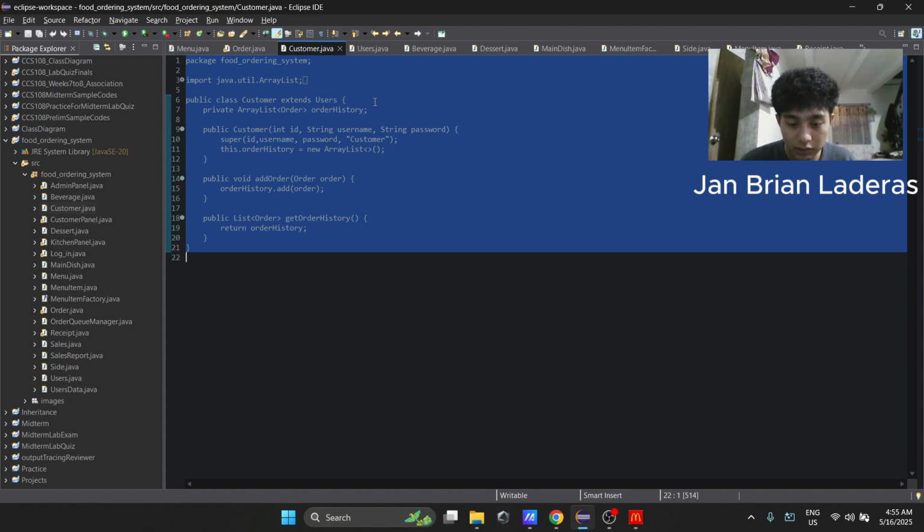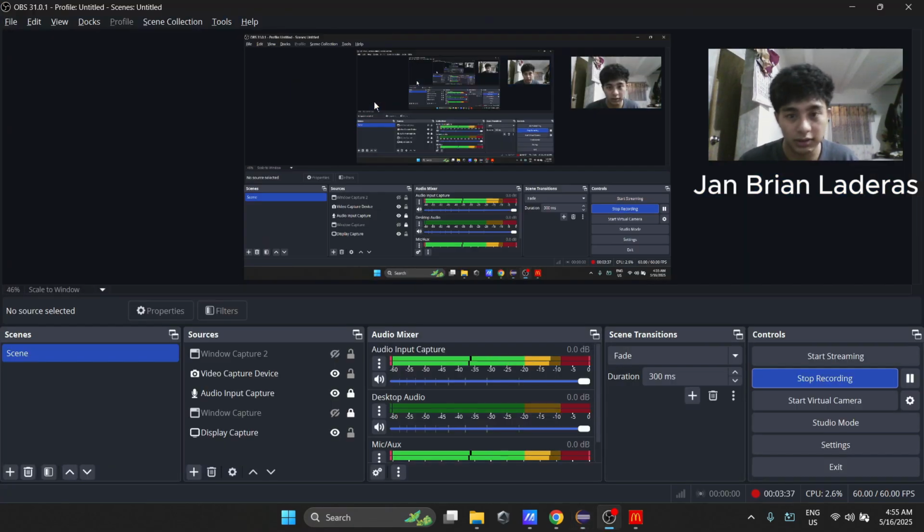Then the constructor hard-codes the role to customer, ensuring role consistency without extra validation. So this clean extension showcases the OOP fundamentals of inheritance and encapsulation while adding just the functionality a customer needs. And that's all.